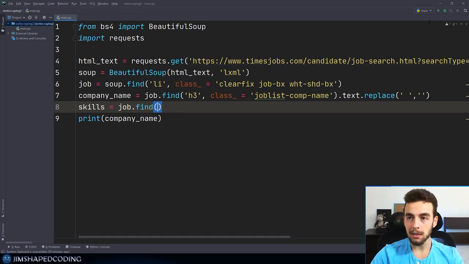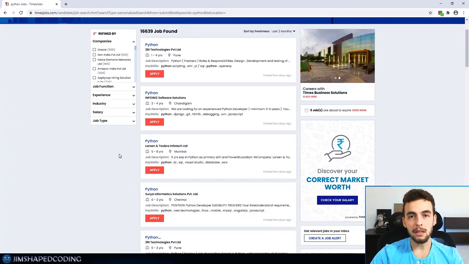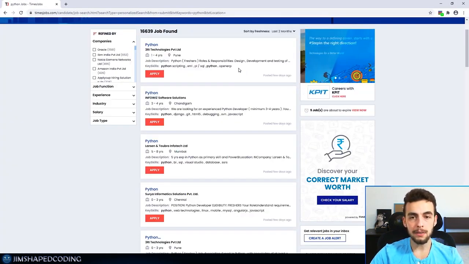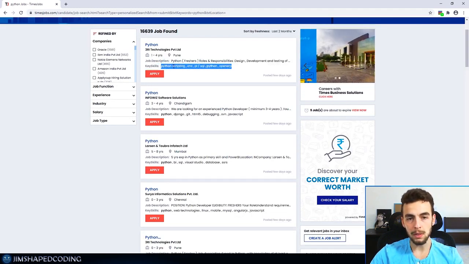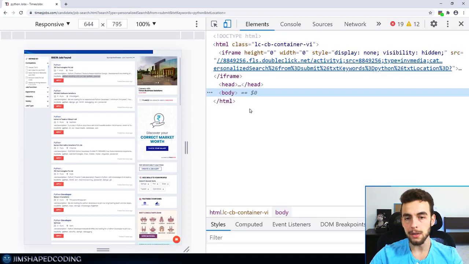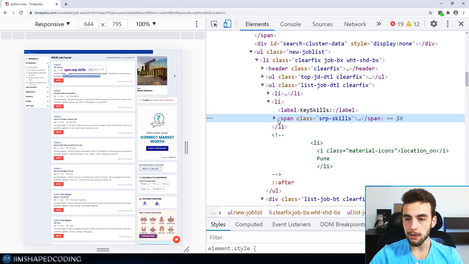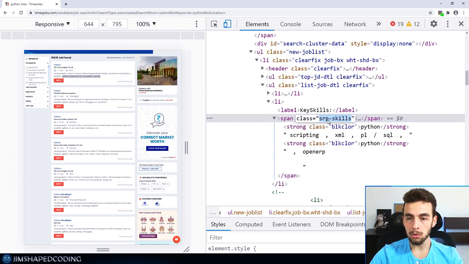Okay, so let's go back to our website again, and check out what HTML element is including the skills. So we are talking about this one. So I'm going to inspect inside here, and we can see here that this text is inside a span class with the class name of SRP skills. So I'm going to copy again this class name, and that time I'm going to search for the span elements